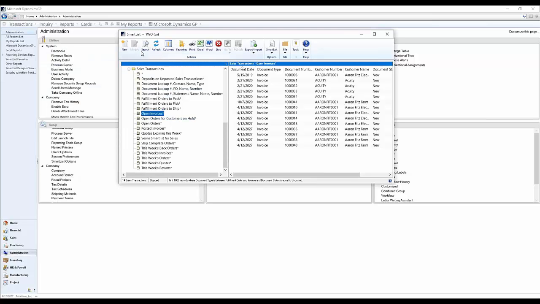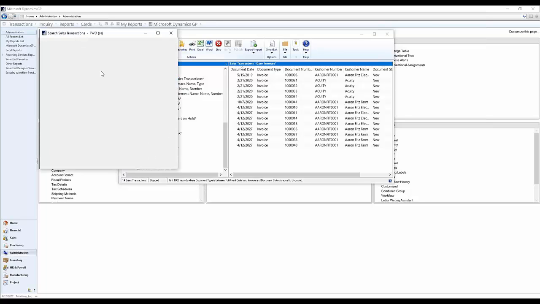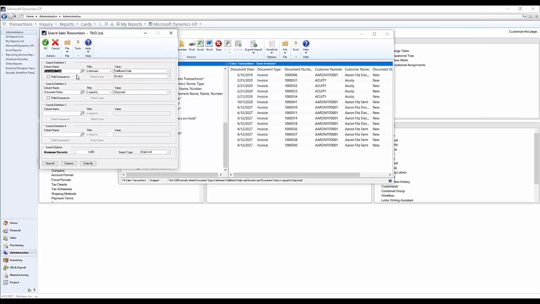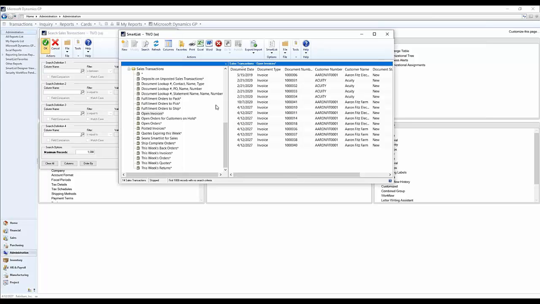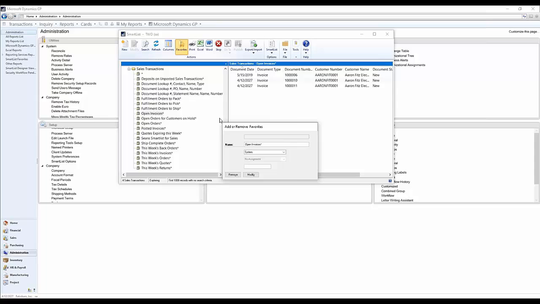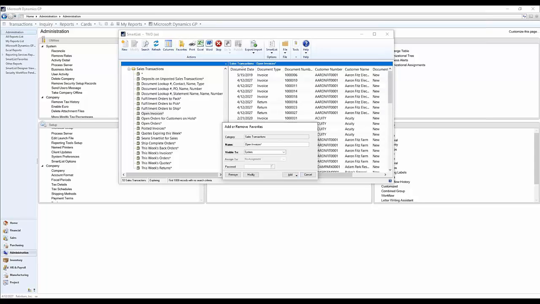So my recommendation to do is create a favorite out here. So I'm going to come in. I'm going to go ahead and leave the document type. We'll take the document type off. Take this off. We want to maintain the columns that we have out there and everything. But I'm going to remove those. Say OK. And I'm just going to call this a new report out here and call it Open Invoices Unfiltered